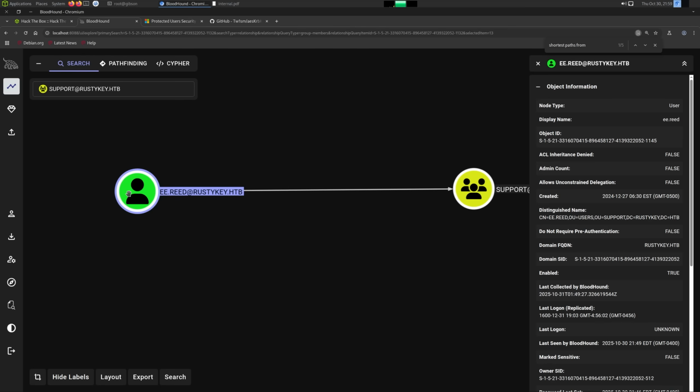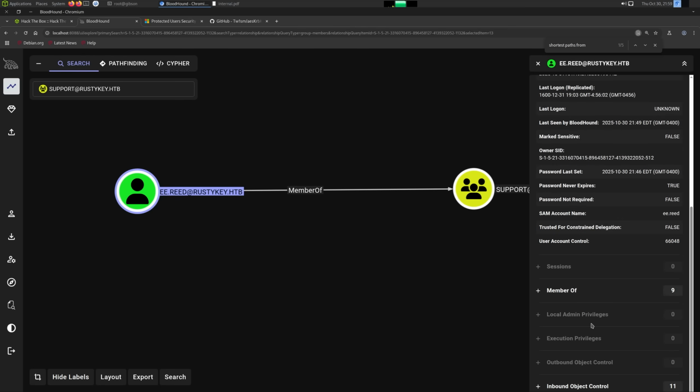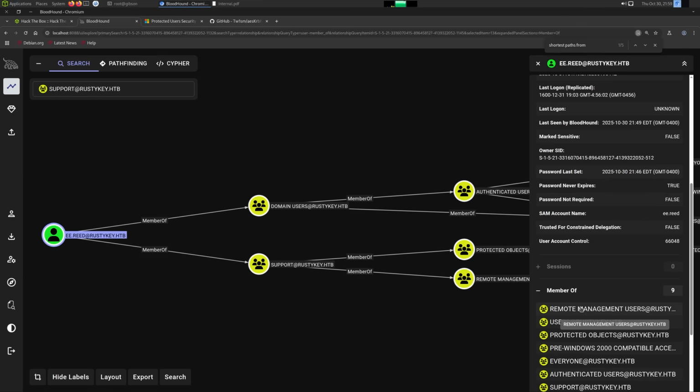So EE.REED is definitely a member of Remote Management Users, but there's some permission that is blocking remote access to EE.REED. So they can only do local logins, which sucks for us because that's what's preventing us